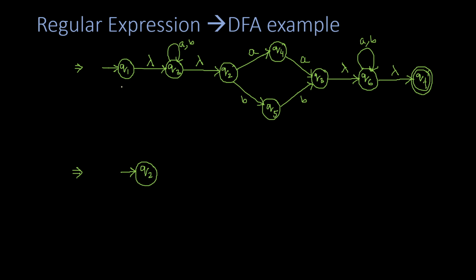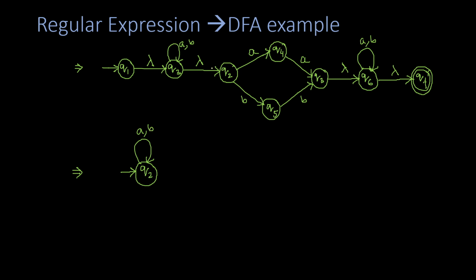Since one of the three states that I am merging is the initial state, the merged state will ultimately be the initial state. From this Q3 state the nature that will come is that we will have a self loop for A and B,